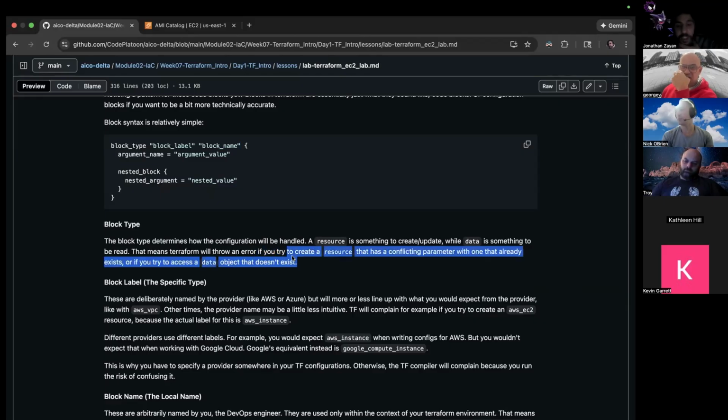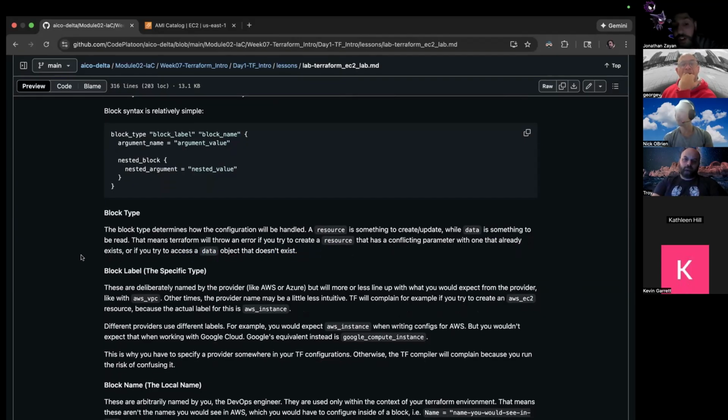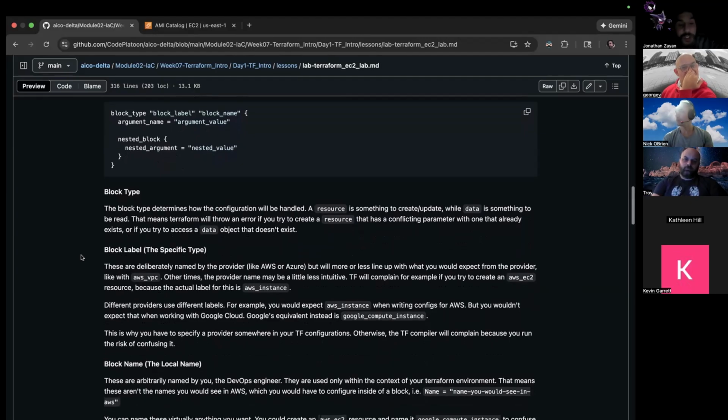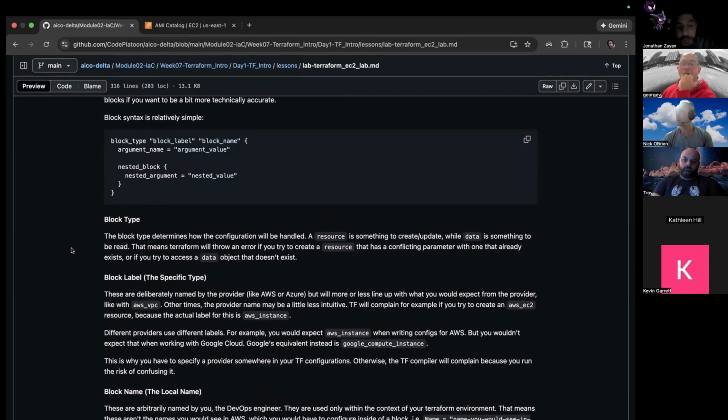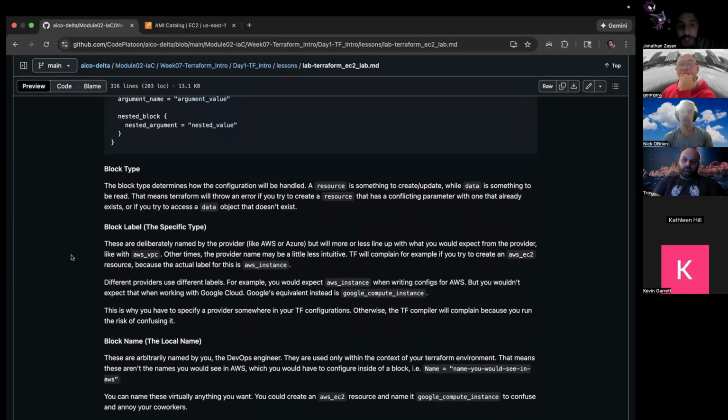So essentially, everything we're doing ties into the real world. If you're telling it to do something that's already done, it's going to say, hey, I already did this, it already exists. Or if it doesn't exist at all and shouldn't exist, it's going to say, that's not even real. So essentially, that's the block type compatibility.